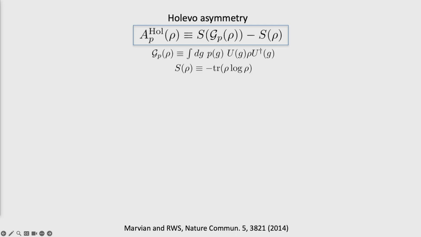If you think about that, say we have our spin half example. I start with a pure state rho. It has entropy 0. If I took that pure state and averaged it over the whole group, what would I get? I would get the completely mixed state. It has 1 bit of entropy now. So this difference would be large, 1 bit. It has the maximum asymmetry it can have.